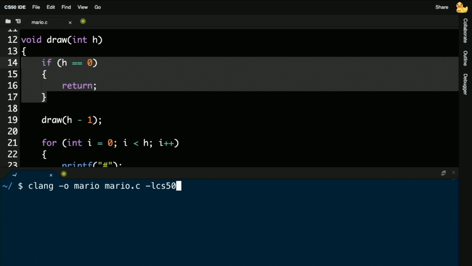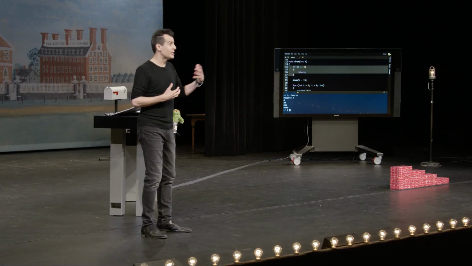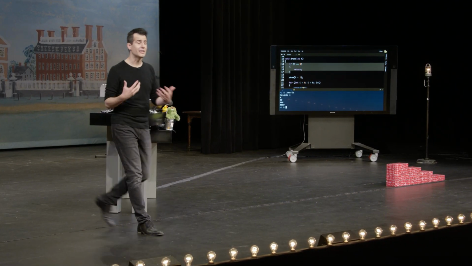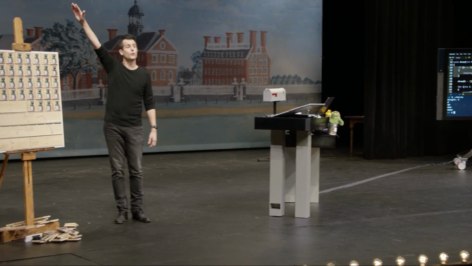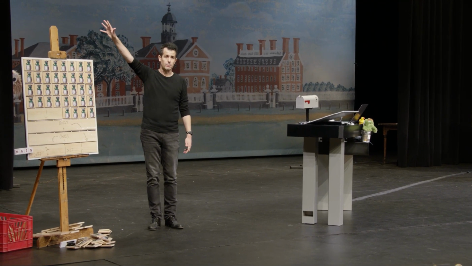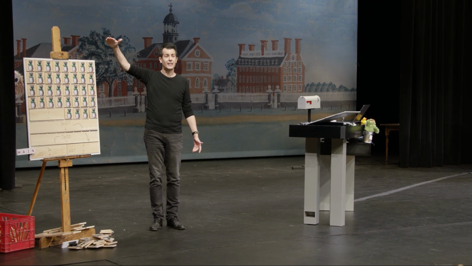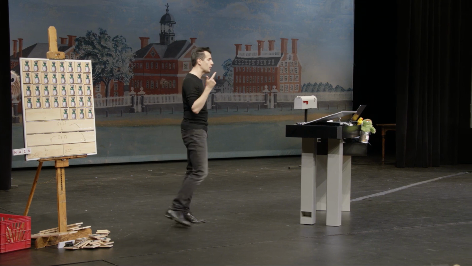So let me go ahead and recompile this with Clang or make. Let me rerun it, height of 4, and voila. It's still working just like the iterative version, but it's now using recursion. So here's a sort of design question. Is iteration better than recursion? It depends. Iteration will always work. When using the iterative version, I will never overflow the stack and hit the heap. Why? Because I'm not calling functions again and again. There's only main and one invocation of draw.